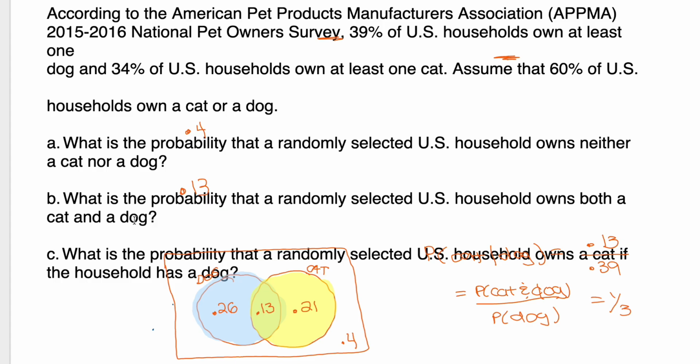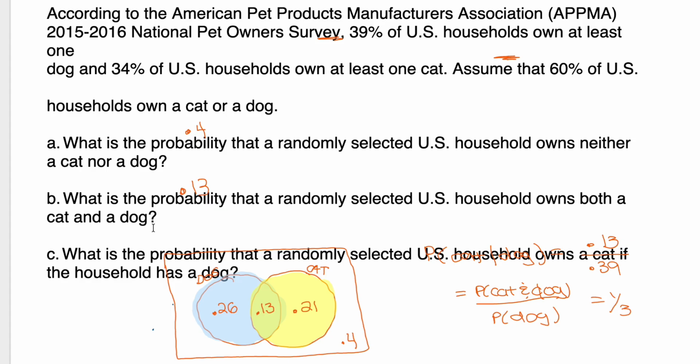Part B, what is the probability that a randomly selected U.S. household owns both a cat and a dog? Both a cat and dog, it is 0.13. So how are you going to do that? Well, you're going to use the formula we learned last video. You can set up the equation like right here. Sorry, it's hard to see, but basically you use the formula we learned last video and